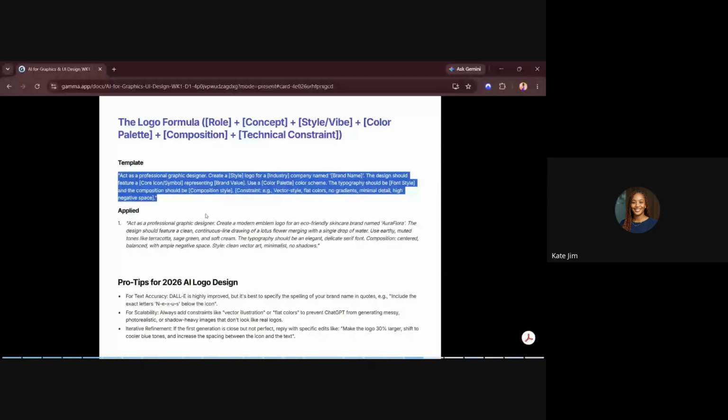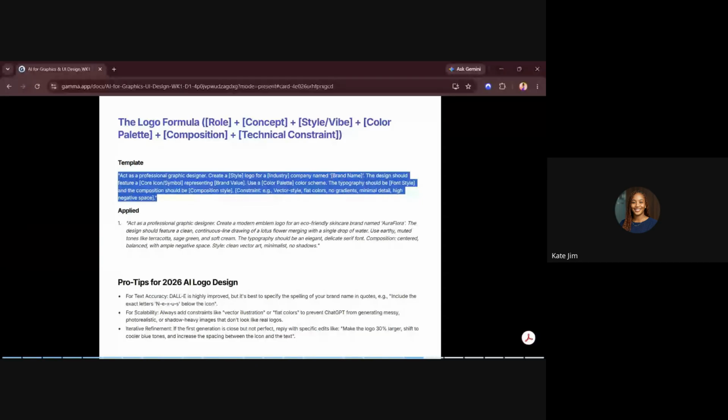The design should feature maybe a pot of soup representing Nigeria's local dishes. You see, we're putting it for brand value. I'm just giving you a template that you can improve on. Then use a green and blue color scheme. The typography should be dash dash dash, and the composition should be dash dash dash. Constraints equal to either vector style, flat colors, no gradient, minimal detail, high negative space. These are the constraints I use.